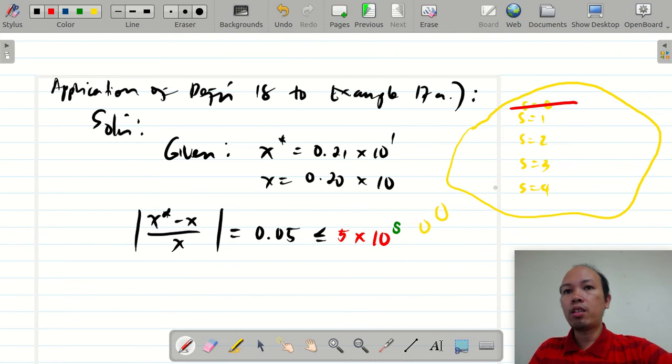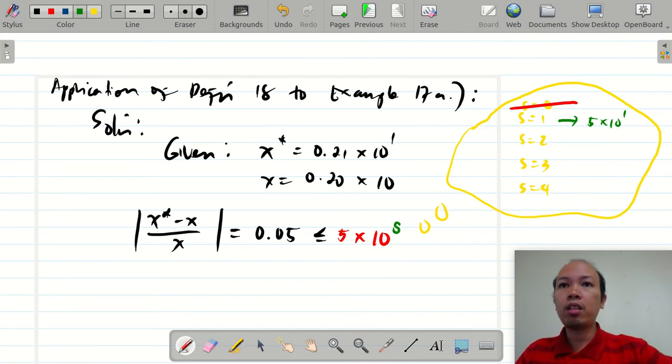Let's try s is equal to 1. So s is equal to 1, the result will be 5 times 10 to the 1, or